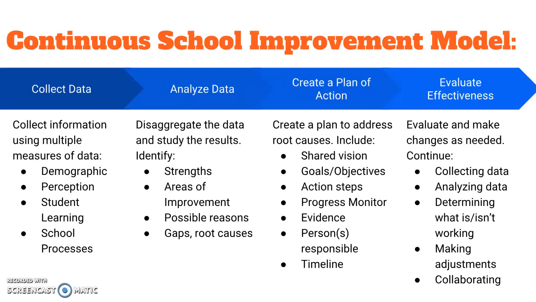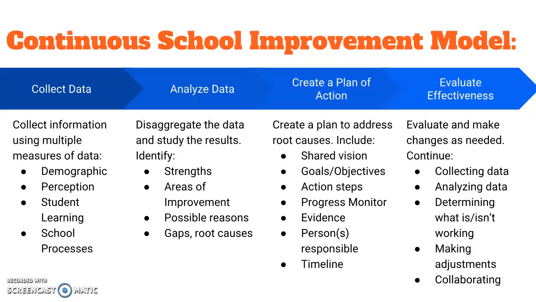So taking the data from data collection, finding the strengths, areas of improvement, possible reasons, gaps, and root causes after disaggregating the data to look more specifically for trends. The third step is to create a plan of action. So addressing the root causes. So we would come up with a shared vision along with goals and objectives in order to reach that goal,